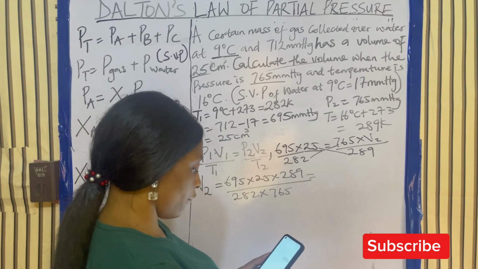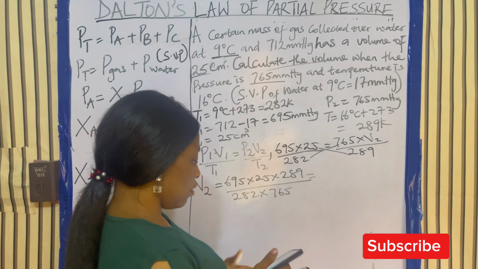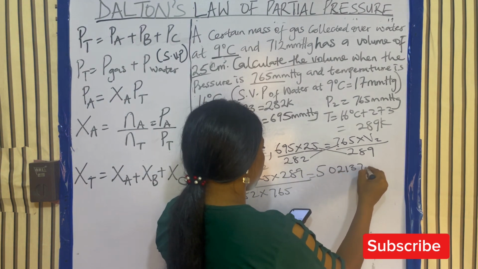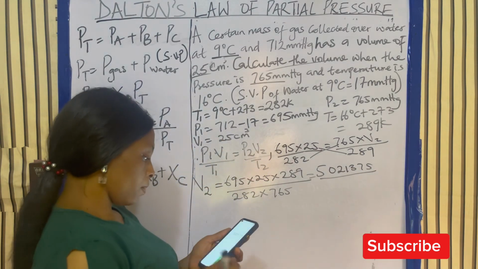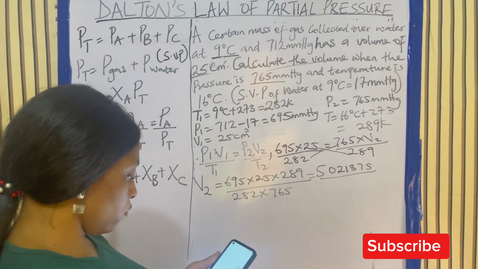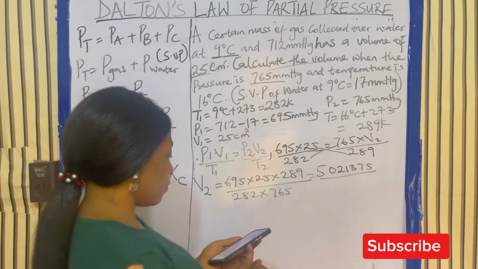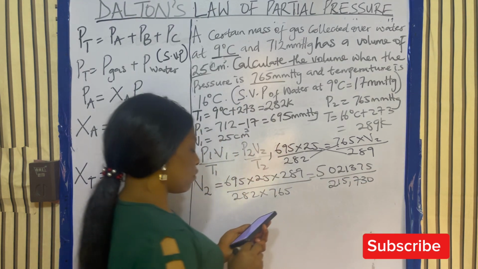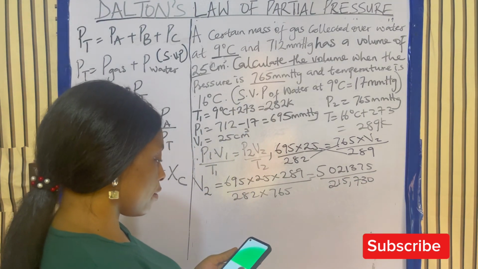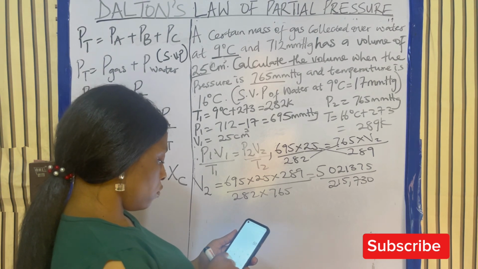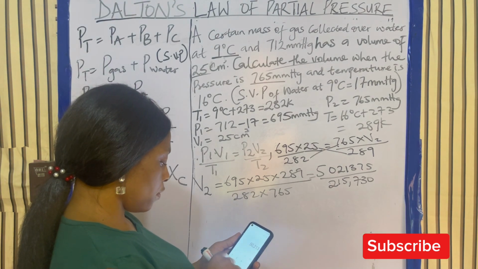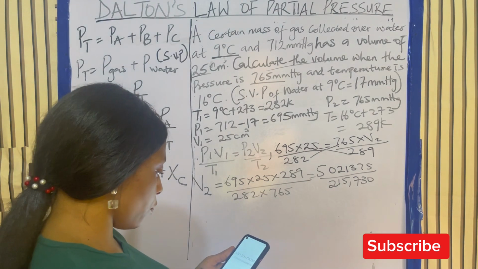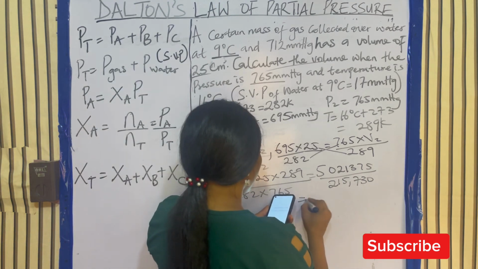695 times 25 times 289, that will give us 5,202,1,375 divided by 282 times 765. That will give us 215,730. So let's divide. We have that 50,213,75 divided by 215,730. So you have it to be